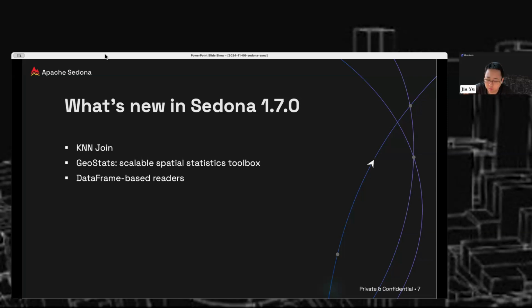neighbors for each object in a big data set. And today we have a community member, Feng Zhang, who is joining the call and will give us a presentation about what KNN Join is and how he implements this algorithm in Apache Sedona. So I will finish the introduction about two other items, then give time to Feng to talk about the KNN Join